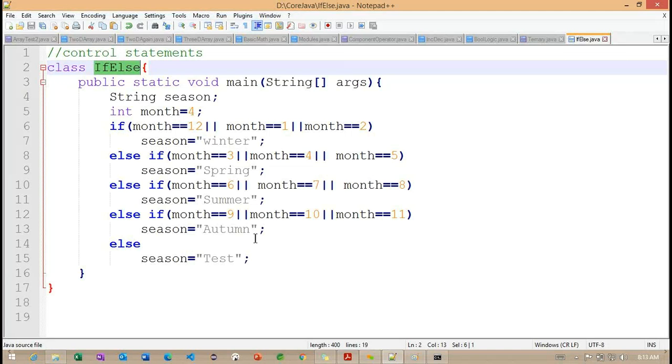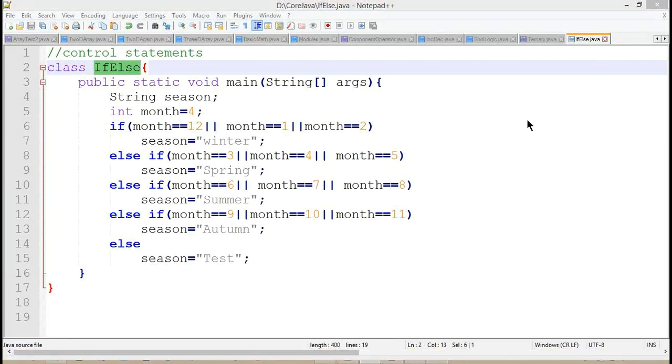Observe carefully how many conditional blocks we defined here. This is very important. Based on this month variable, we are checking each and every condition.